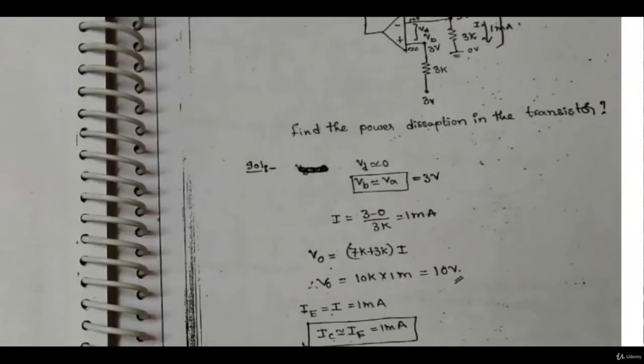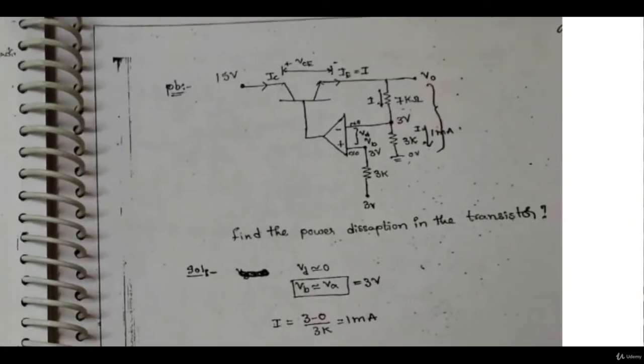Now let's move on to the next question, and that is this one. The op amp is there, and 3 volt is connected to the positive terminal. This will also be 3 volt, a virtual ground. This is a 3 kilo ohm resistor and a 7 kilo ohm resistor. I is the current flowing through this, then V0, then I is the current flowing through this, the same as IC, which is the current flowing through this, with 15 volt. IB will not draw any current because the op amp will not give any. So IC will be approximately equal to IE.